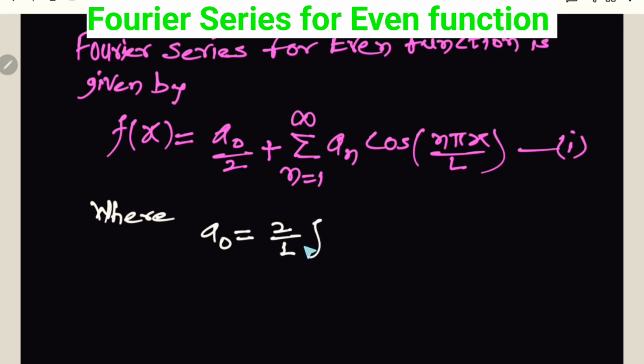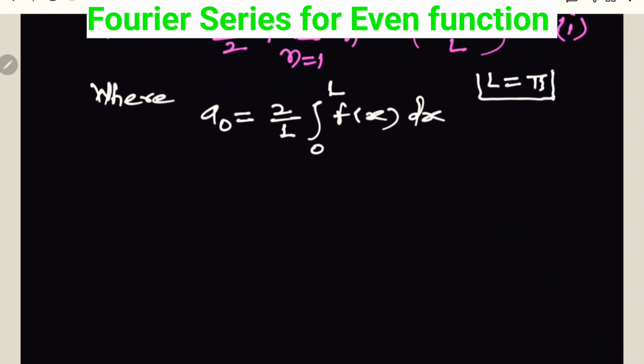a0 is given by the formula 2 by L integration from 0 to L of f of x with respect to x. Here the value of L is pi, as it is a minus L to L type of interval. L is pi, and therefore substituting the value, we get a0 as